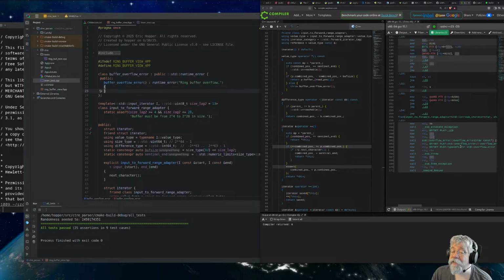So indeed, it looks like in this particular case, it in fact implements it by doing a subtraction, although move,